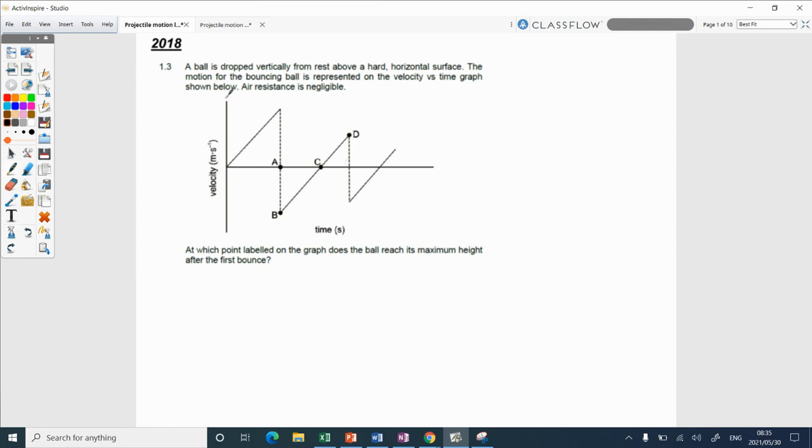So if we look at this, they say the ball is dropped vertically from rest. And how would you know it's from rest if the question didn't tell you this? Nice, it's starting at 0. Did the question decide up was positive or down was positive? I know this is not about the question, but I want to see if you know now. Okay, if it's dropped, where does it go? It goes down. Where did this graph go? Positive or negative? It went positive. So they decided down was positive.